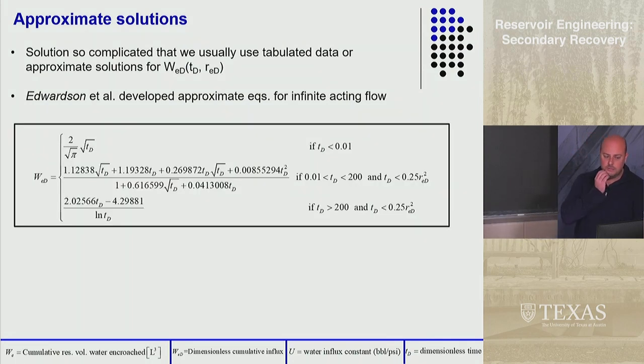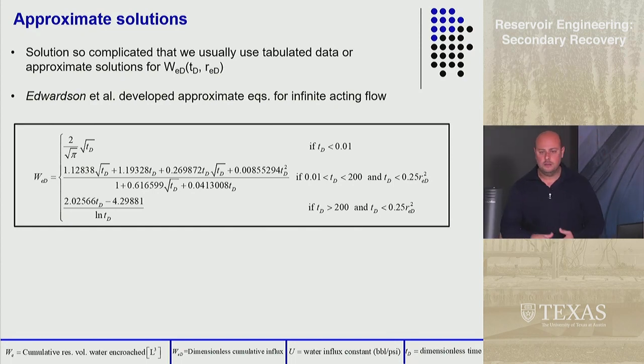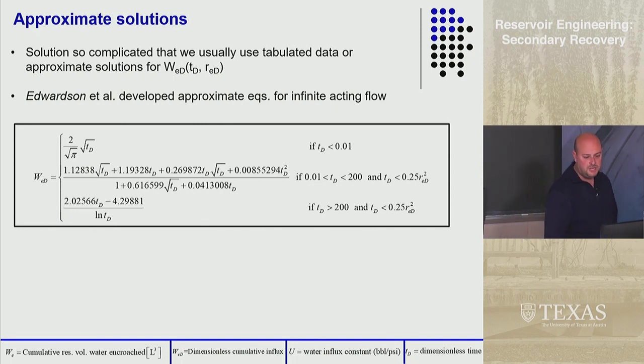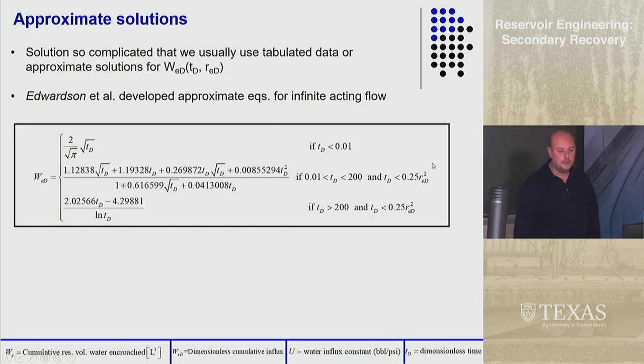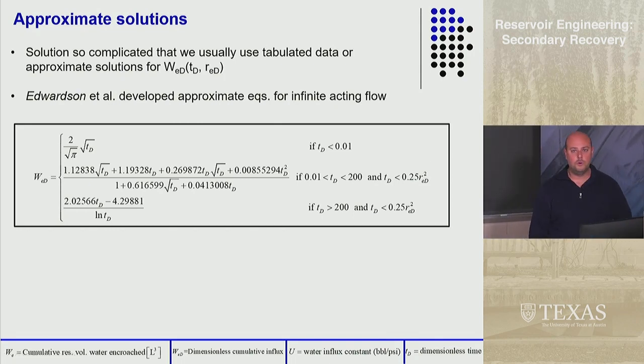Well, what they found is that WED, the dimensionless cumulative water influx, is a function of time by these formulas during infinite acting flow, but only during infinite acting flow. Remember, infinite acting flow effectively means early times before the outer boundary has the effect. So if you're at late times, you can't use this, but at early times you can. And so what Edwardson et al. found